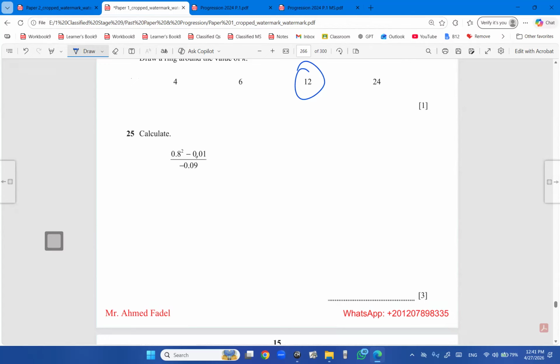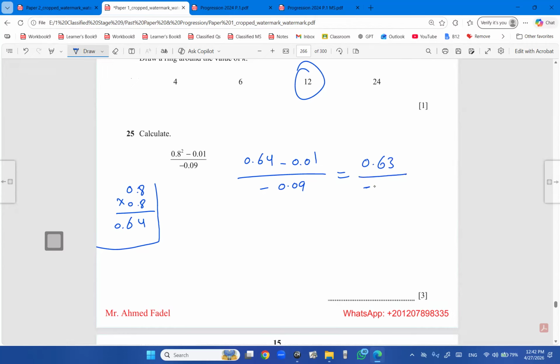This one here, it is paper 1, so you must calculate it by yourself. 0.8 squared, so 0.8 multiplied by 0.8, ignore the decimal points, it's 64, but I have 2 decimal places, so it is 0.064. This is the first one, 0.8 squared. Okay, good. Then I need to do what, mister? I need to do here, so I'm going to write this: 0.64 minus 0.01 over negative 0.09 equals, minusing this from that is going to give you 0.63 over negative